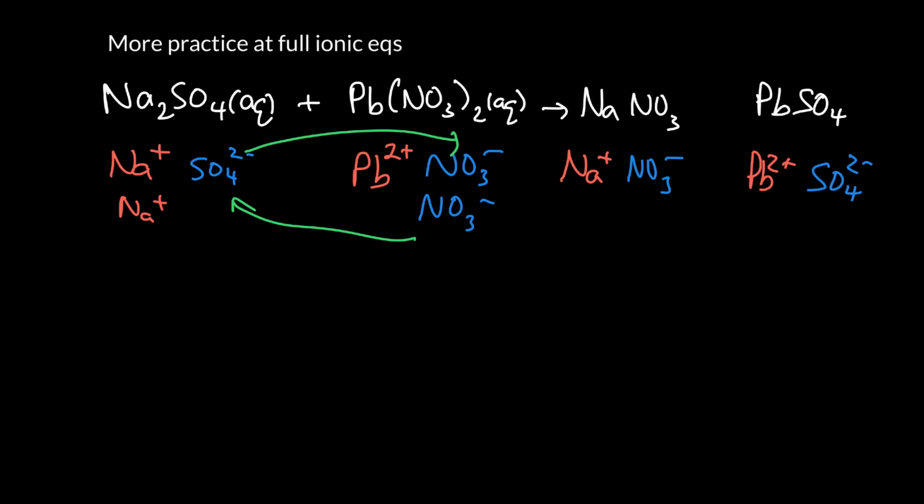We got 2 sodiums on the left, so we need 2 on the right. That puts that coefficient there. 2 nitrates now equalizes 1 lead, 1 sulfate. So everything is hunky-dory. And if we apply our solubility rules, we find that all sodium salts and all nitrates